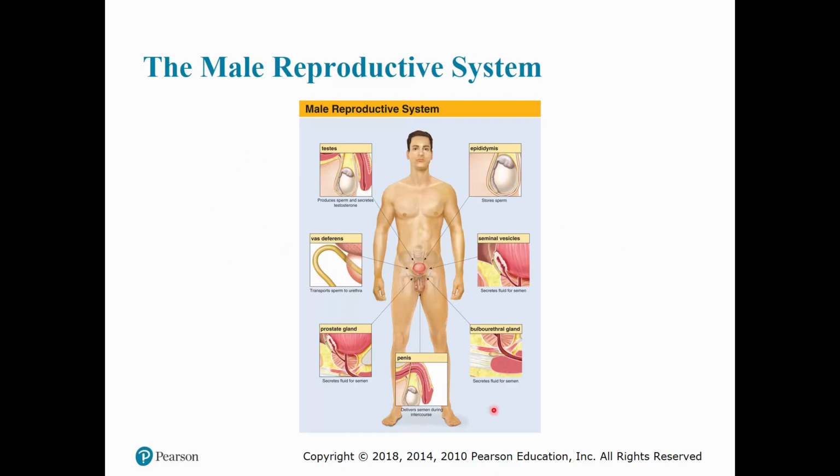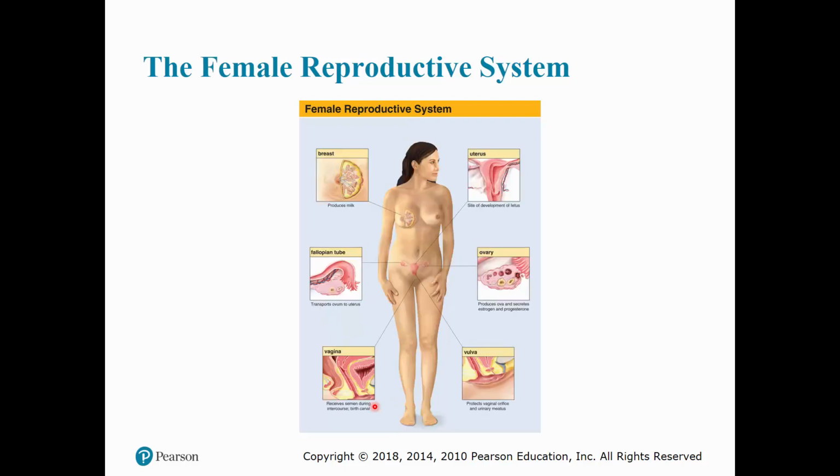Within your male reproductive system, you have your testes, which produce sperm and secrete testosterone, your epididymis that stores the sperm, vas deferens, which transports sperm to the urethra, seminal vesicles, your prostate gland, which secretes fluid for the semen, and then your penis, which delivers the semen during intercourse. The male reproductive system is intertwined with the urinary system, whereas the female reproductive system is completely separate from the